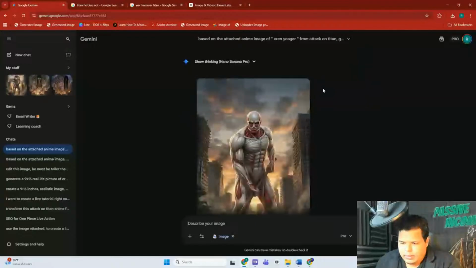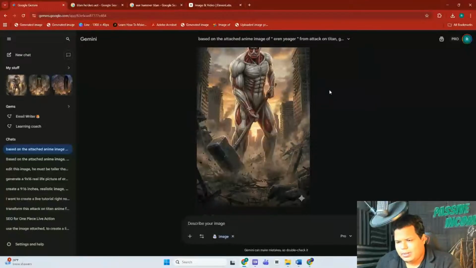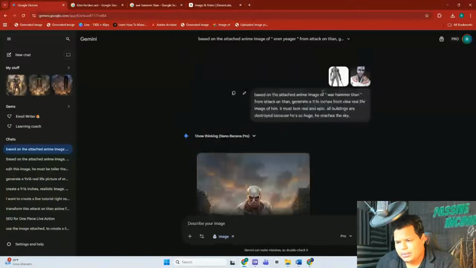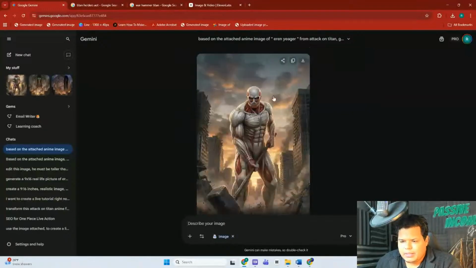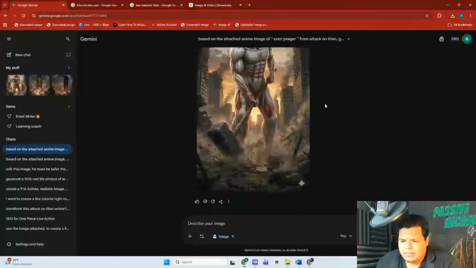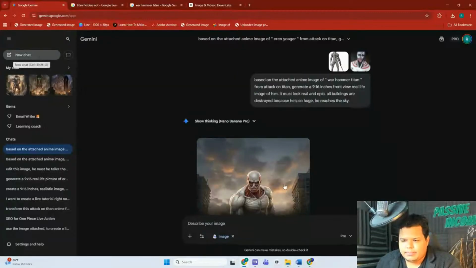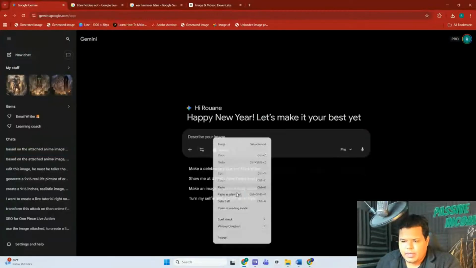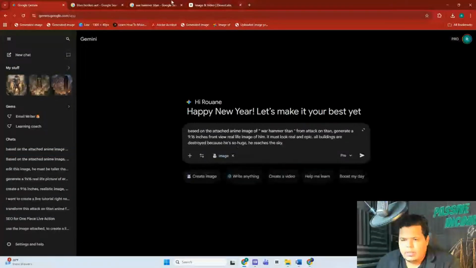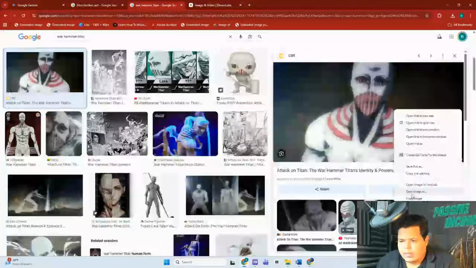Now we can see that it's working. Oh, come on. It shouldn't look like this. It looks more like the Colossal Titan, based on the attached images. Okay. I think it's best if I do this in a separate chat. I'll start a new chat, create an image. All right, I'm going to try it this way instead